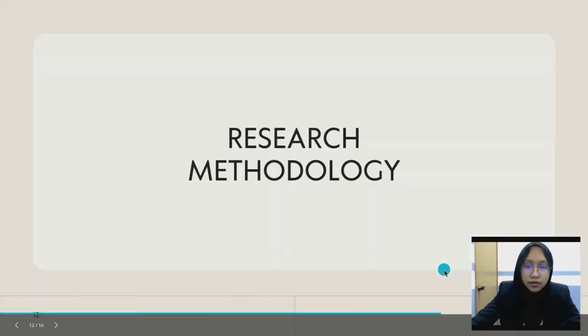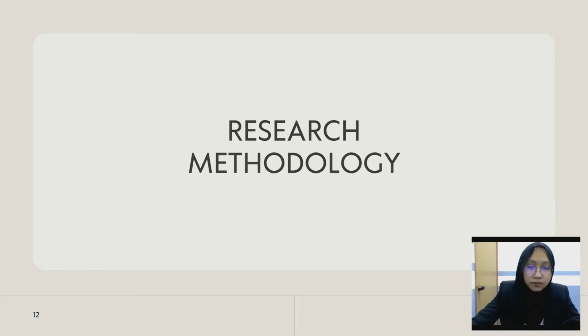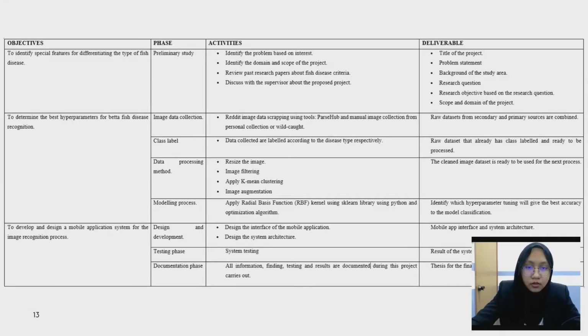Next, for my research methodology, there are 8 phases that I will be going to do. The first one is the preliminary study: identify the problem based on interest, domain, scope, project, past research papers about fish disease criteria, and discuss with the supervisor. Based on this step, the deliverables are the project title, problem statement, background of the study area, research question, objective,